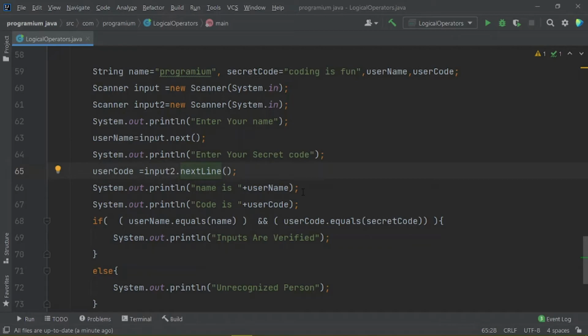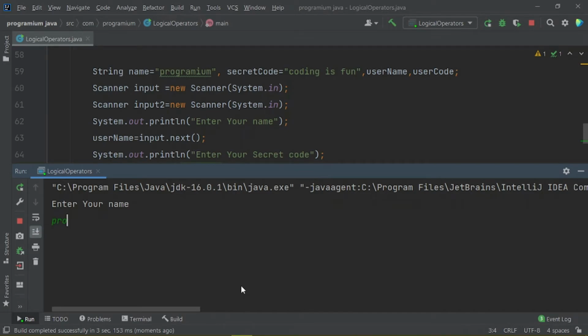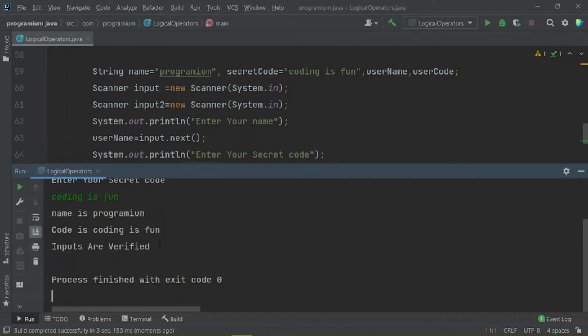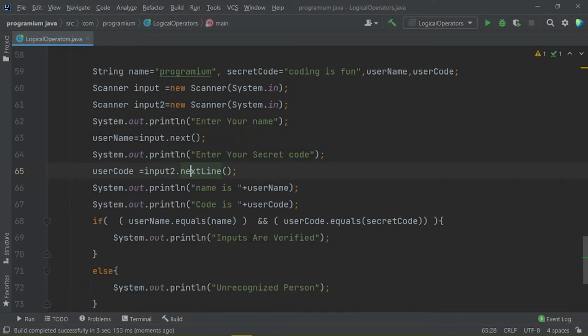Let us see what the results should be right now. Let me just enter Programium, and our secret code is coding is fun. And now you have seen that the inputs are verified because the conditional statement returns true, and then this out statement is shown to us.